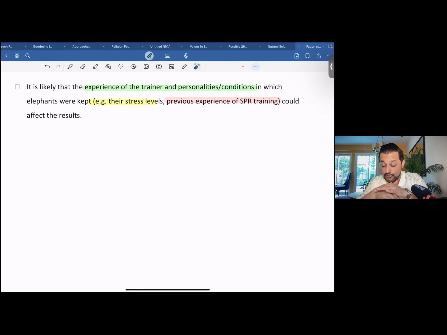You might as well go through that so you know what I'm talking about. So yeah, what I was saying is the training conditions, the time at which the data was collected, the time at which these SPR training sessions were held, all of these could be factors that could have affected the findings